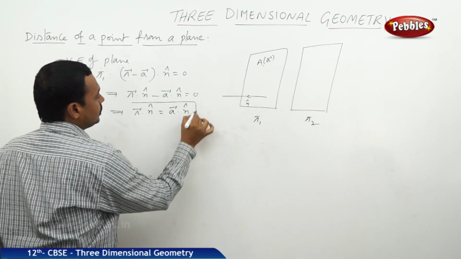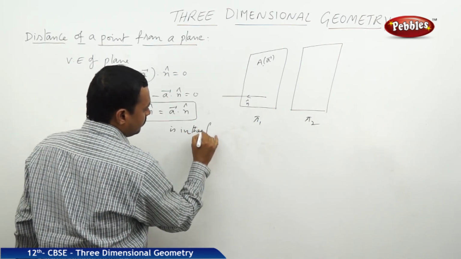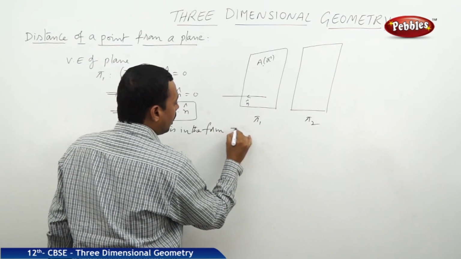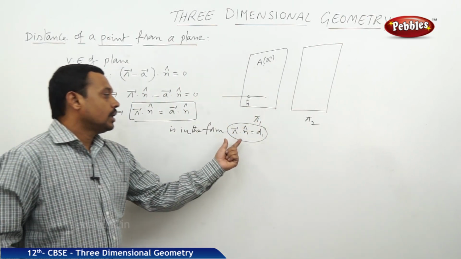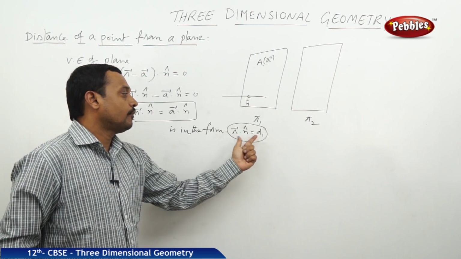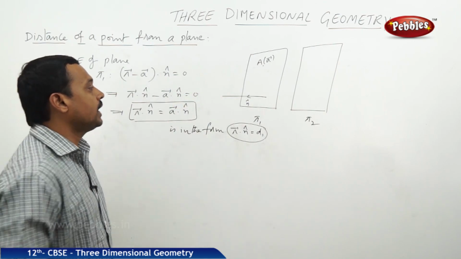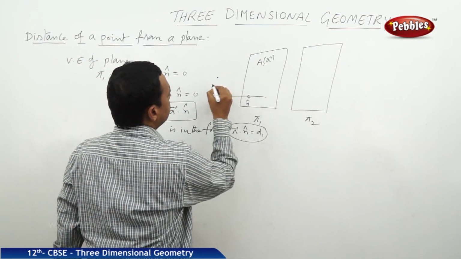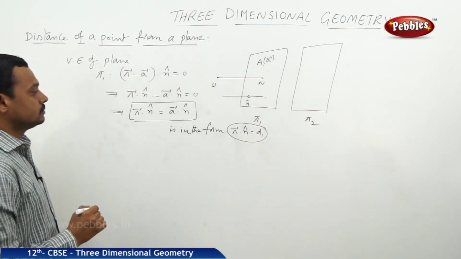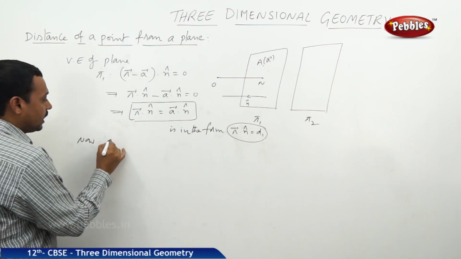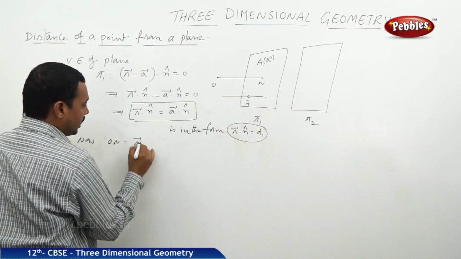What about this? You see, it is in the form of r dot n cap is equal to d1. Now, it is the normal form of a plane where d1 is the perpendicular distance from origin to a point on the plane. Suppose if it is origin and let it be the point N. Now, ON is equal to this distance, ON is equal to a bar dot n cap.